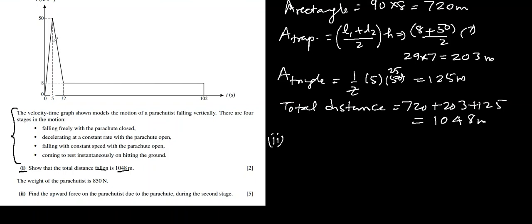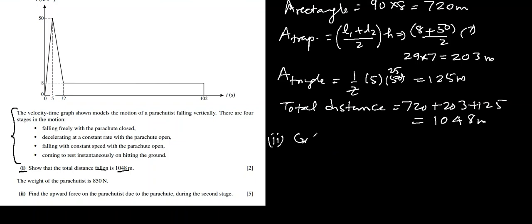Okay, what is the second stage? Second stage is coming down, right? This one. Alright, the whole graph is about coming down, but this part is where velocity is decreasing. That means there is some deceleration. Okay, so we have to find deceleration. We can find deceleration by finding the gradient of this line. Okay, this is a straight line, so easy.